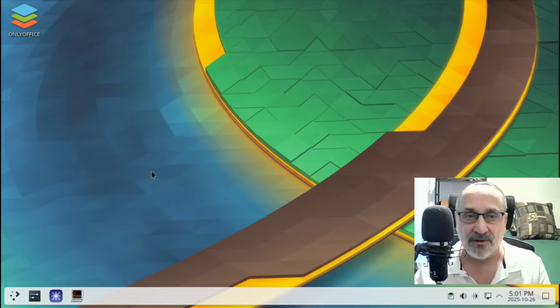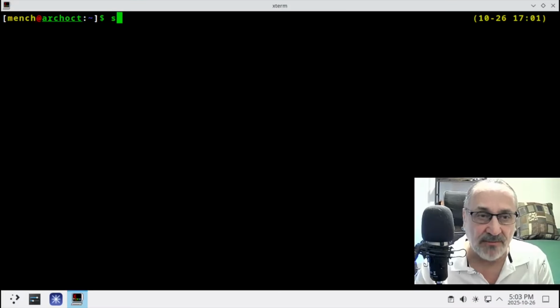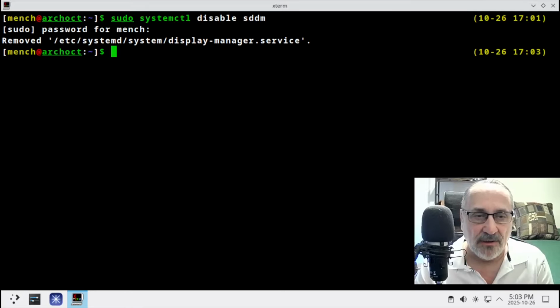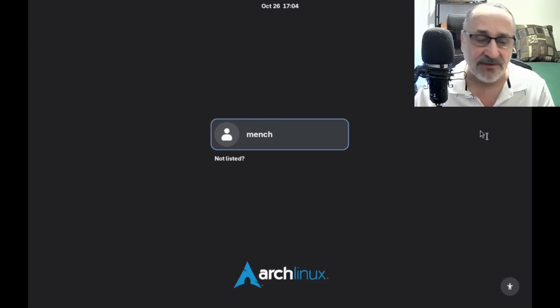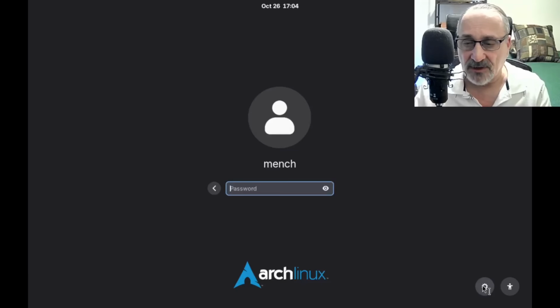And there's also another display manager or login manager installed on the system. I'm going to go here. So now I'm going to type in this command, put my password in, and now I'm going to type in this command. And we're going to start GDM, and now I'm going to reboot again. So now this is the display manager or the login manager called GDM. It's also modern looking and nice. And if you click on this and go down here and click on this little icon here,